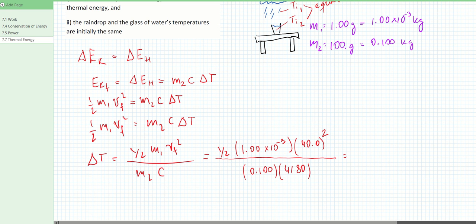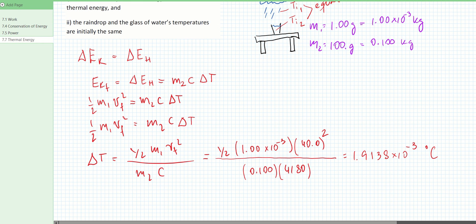For the sig figs, we have 3 sig figs here, 3 sig figs here, so the answer should have 3 sig figs. Because it's all multiplication and division, we can do this all in one go. We don't need to split it into separate steps. So we have 0.5 times 1... Okay, I already calculated the value here and I got 1.9138 times 10 to the negative third